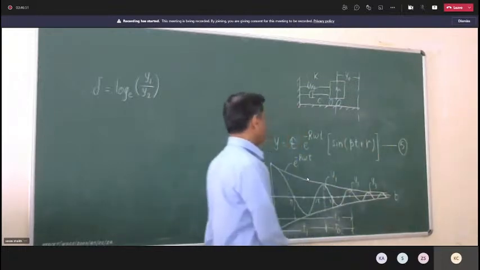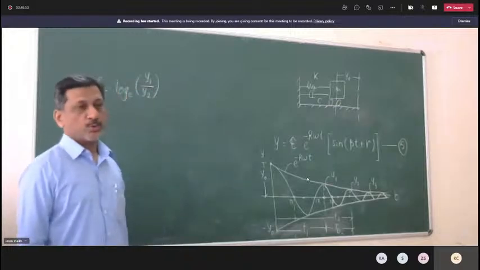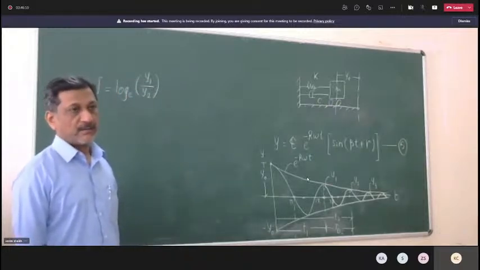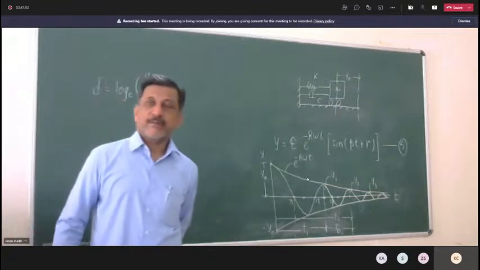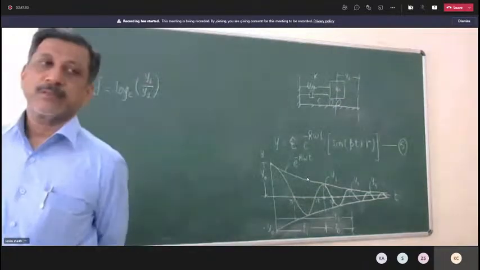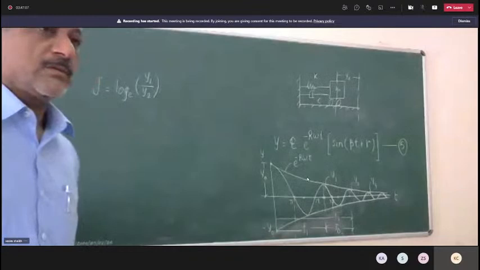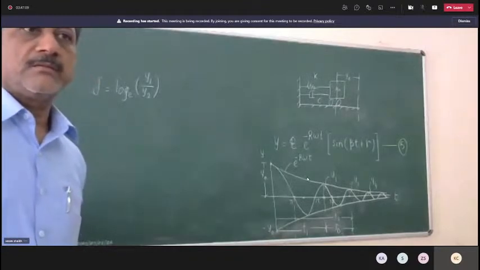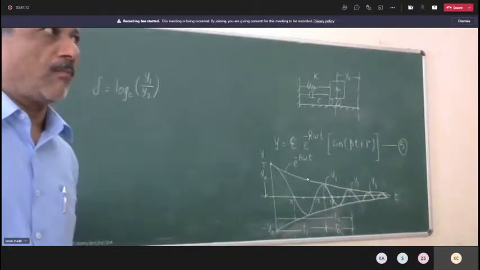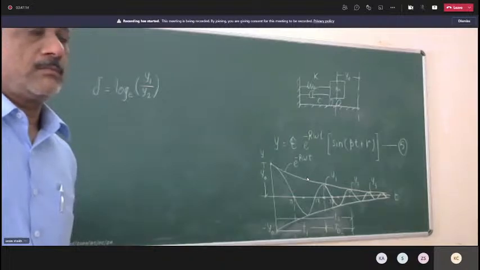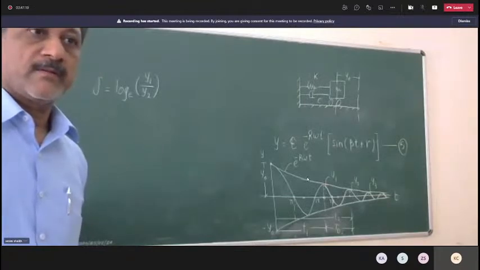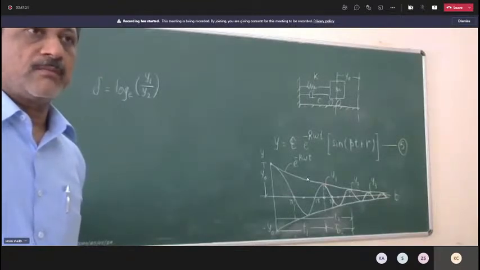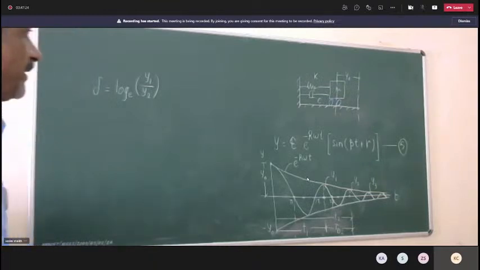You can say y1, y2, y3, etc. are the peak amplitudes where sin theta is maximum. Full stop. Therefore, from equation 5,